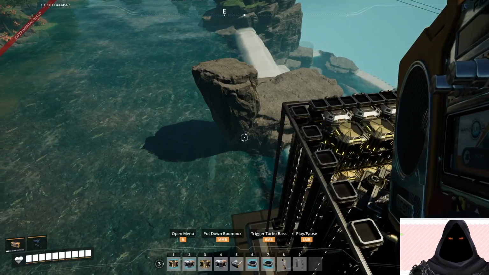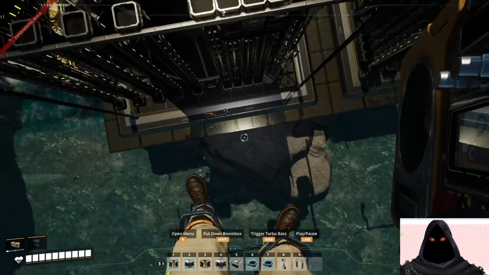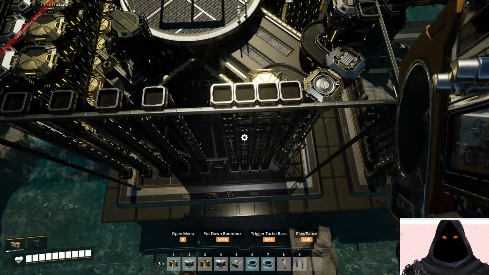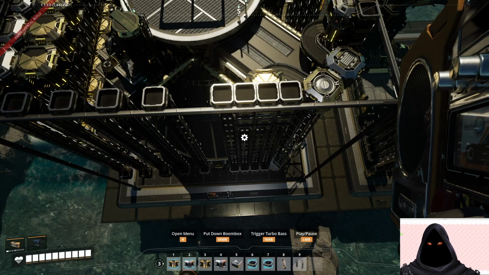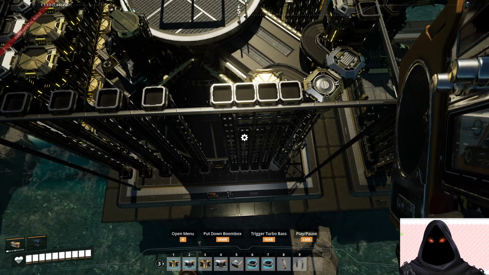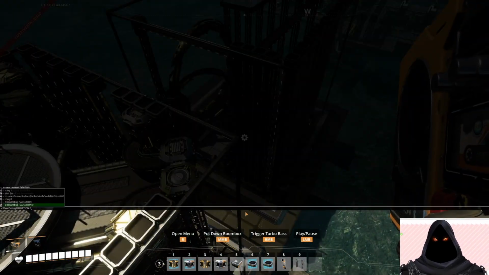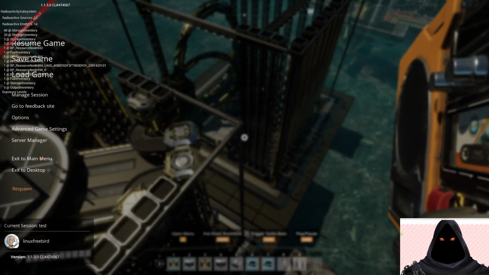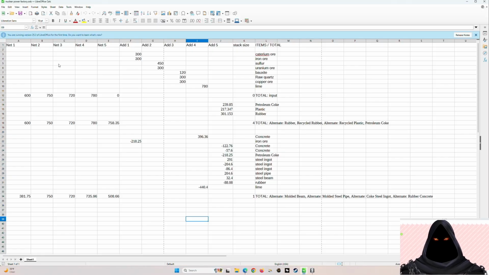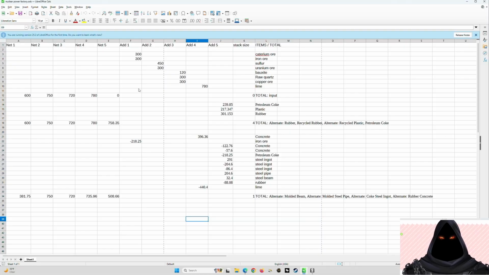Alright, I'm back. So, I had to do a change of plans with the nuclear factory design. I discovered, or I should say, well, whoops, I don't want to do that. So I started doing a spreadsheet for the lines that we're going to be using, and I discovered that